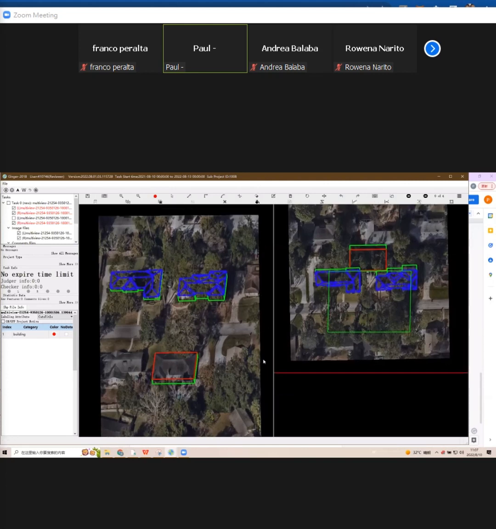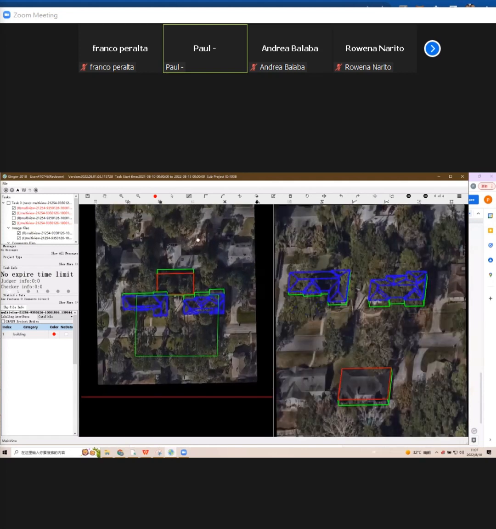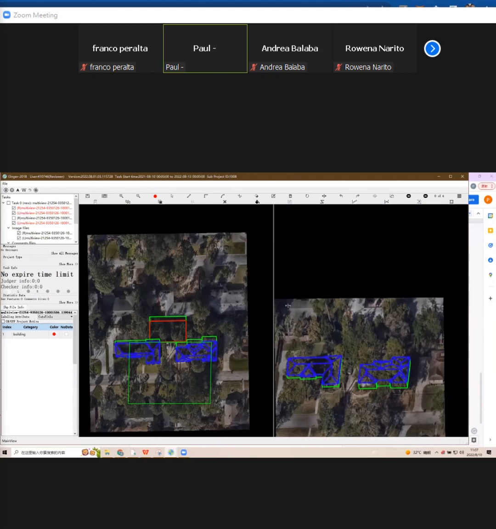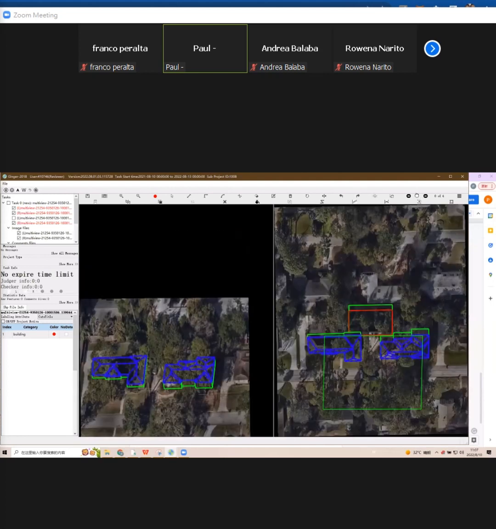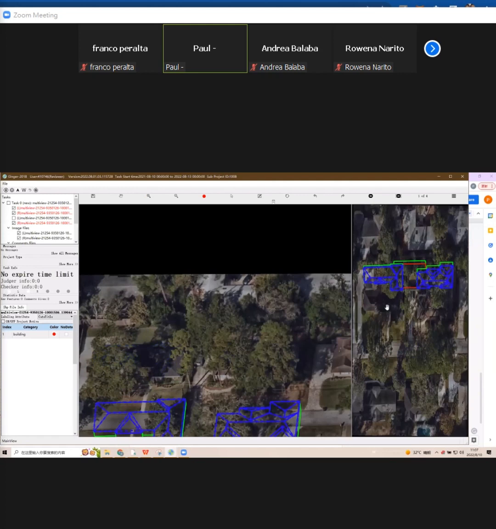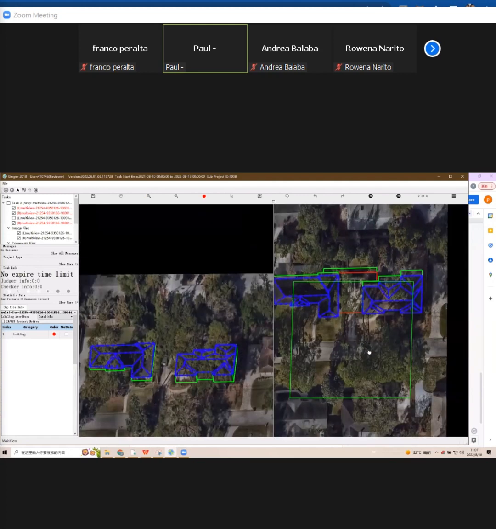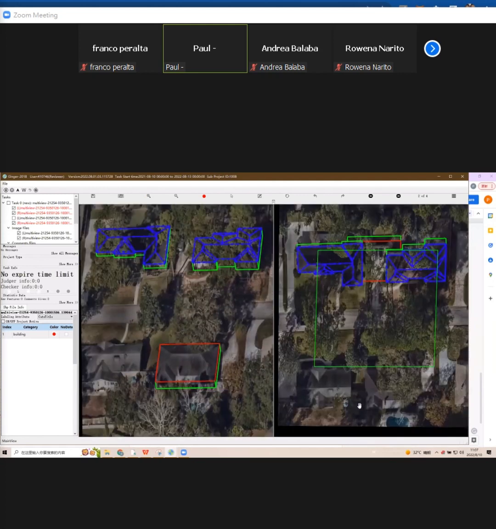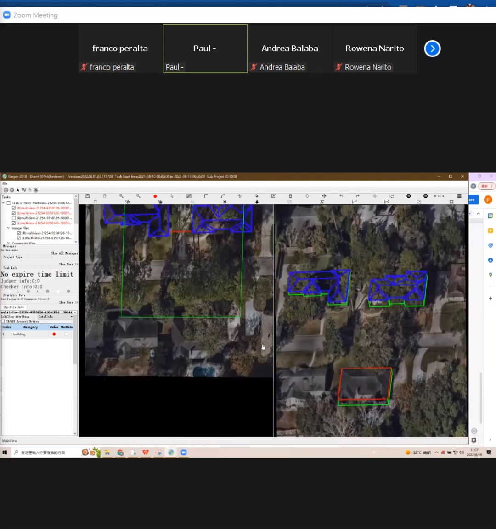This is the flip view button, and you can flip the right view to the left view, and then you can continue the drawing on the left view if one of the images has a better angle to draw. For example, like this one, I switch to this angle and I feel like, oh, this may be better. Okay, so then I will need to flip this to the left,